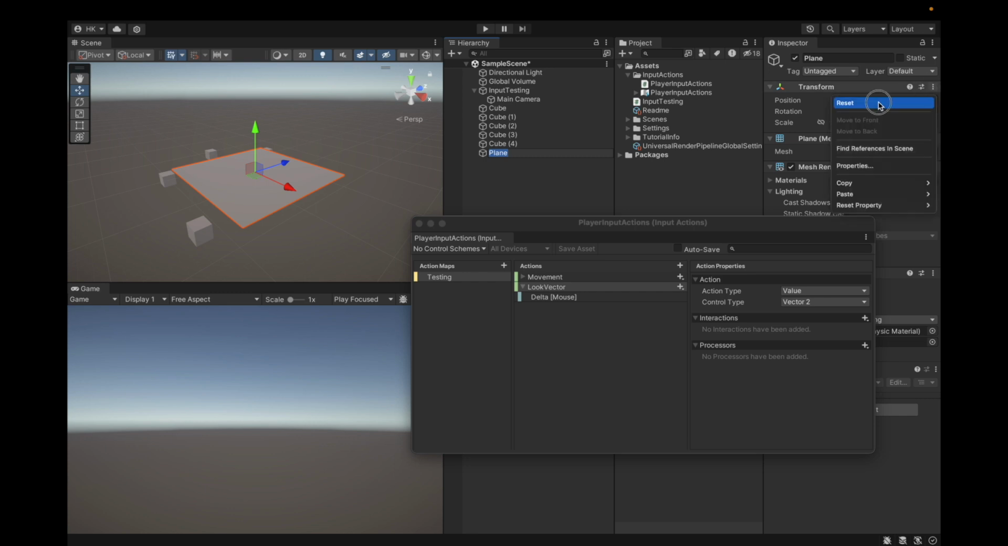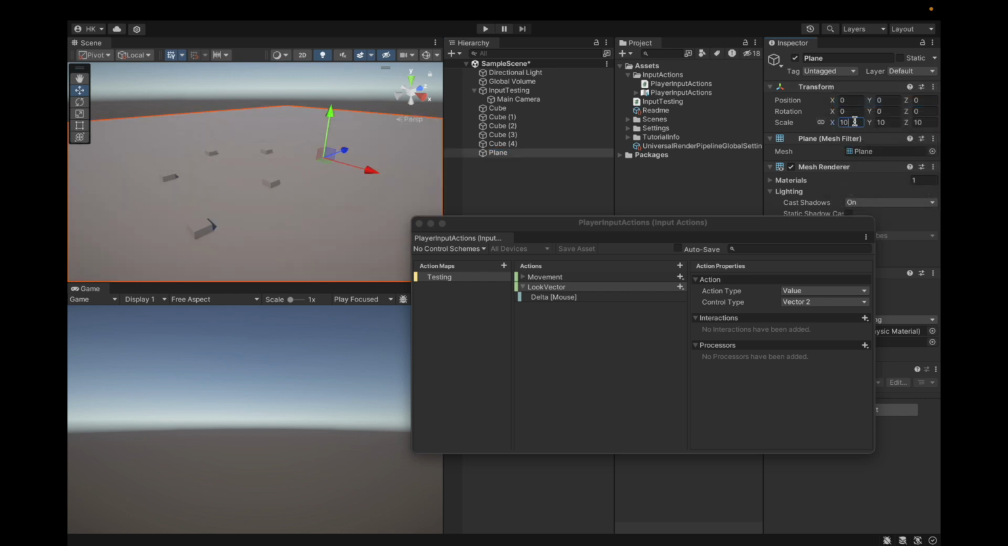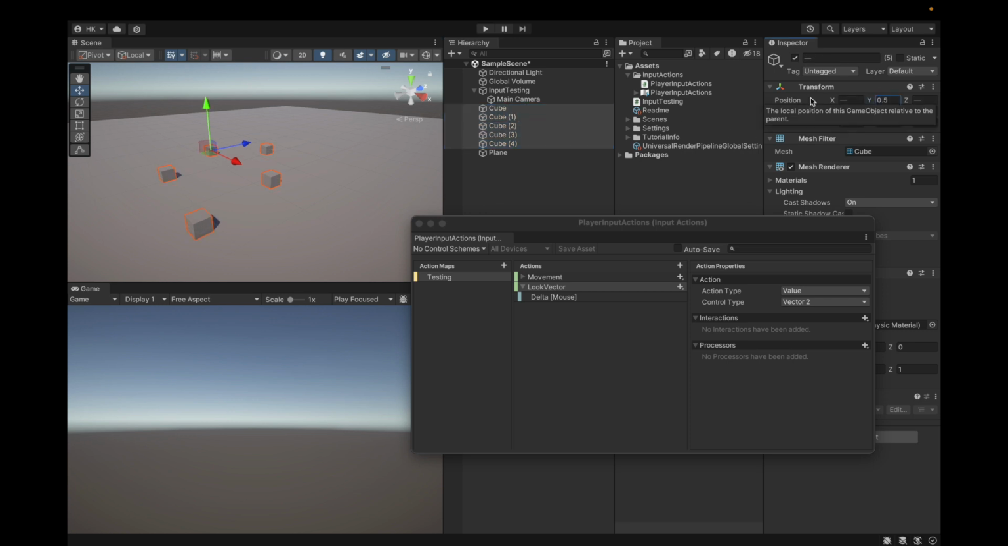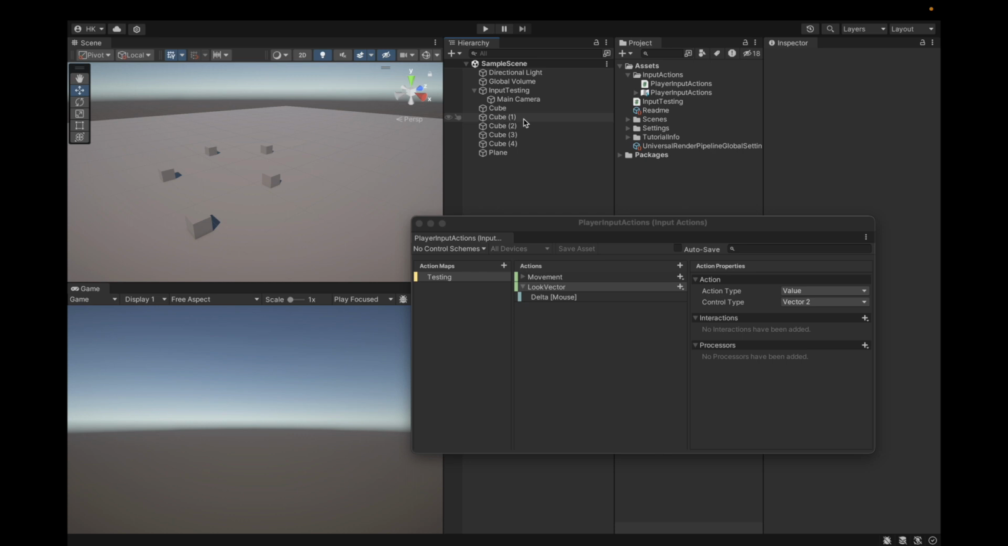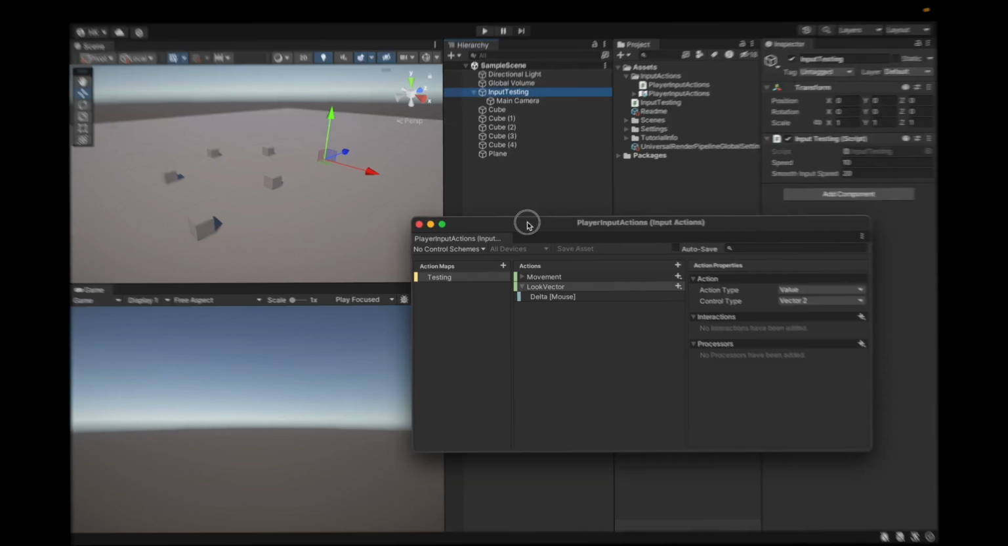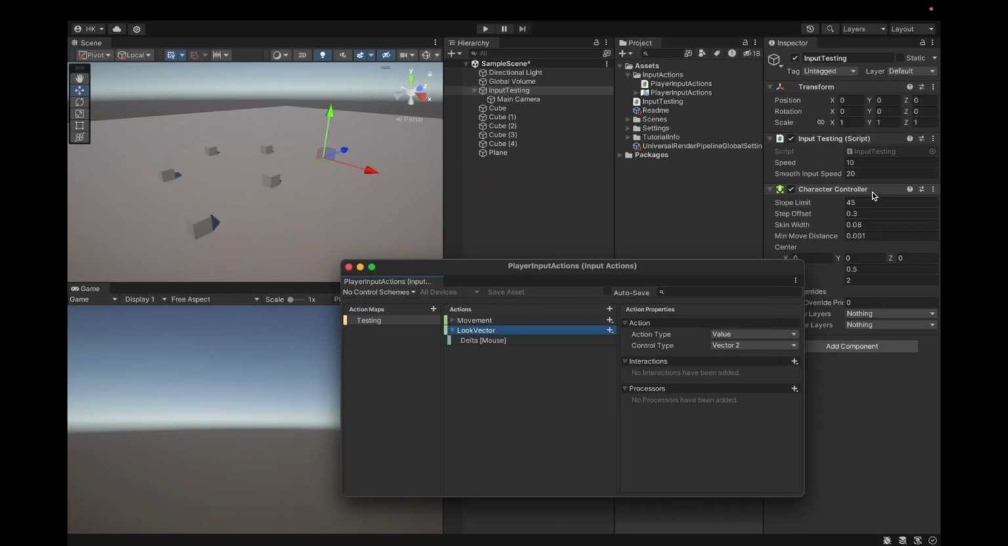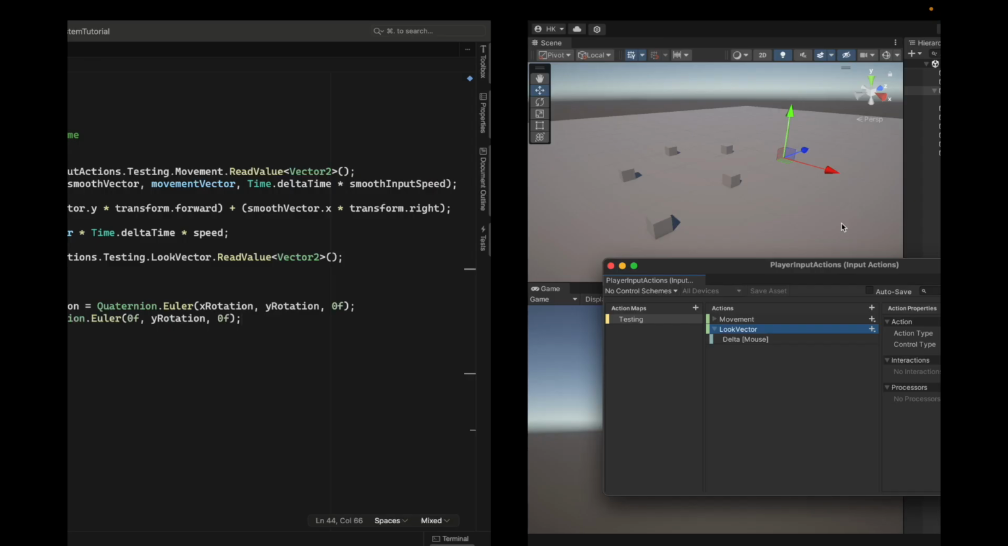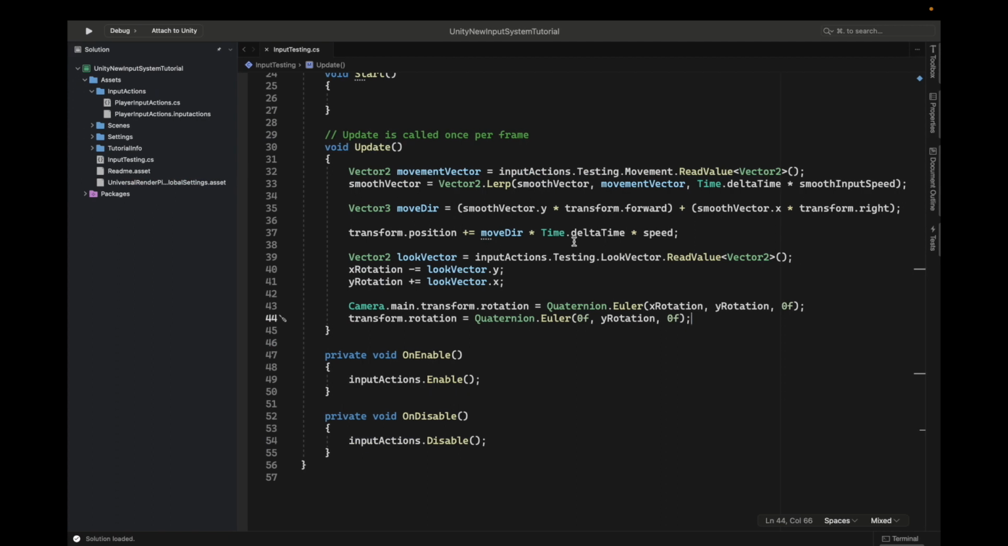Now just to demonstrate, I'm going to reset this plane at 0, 0, scale it by 10, and the cubes need to be a little up. We need to use the character controller for movement instead. Let's try it out. Let's add a component of type character controller, and then